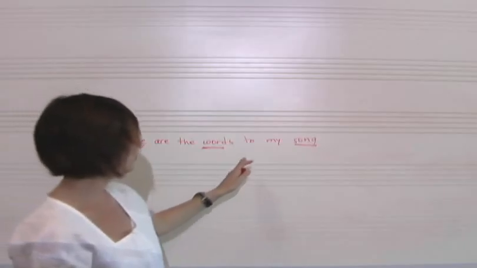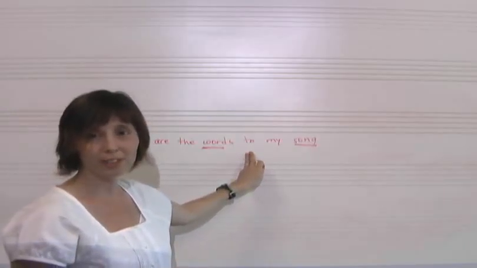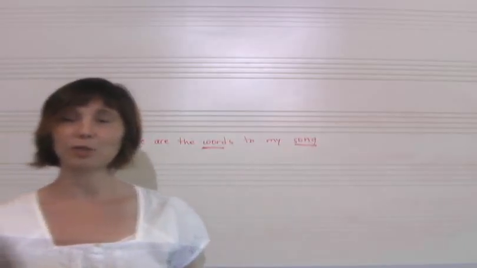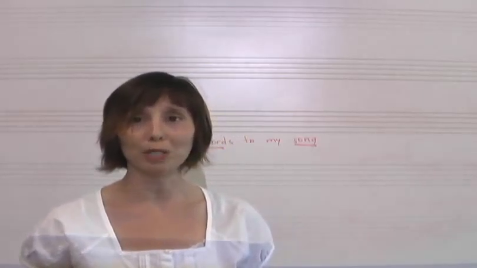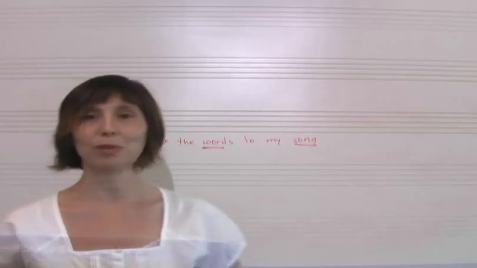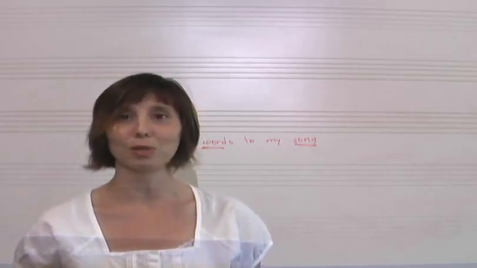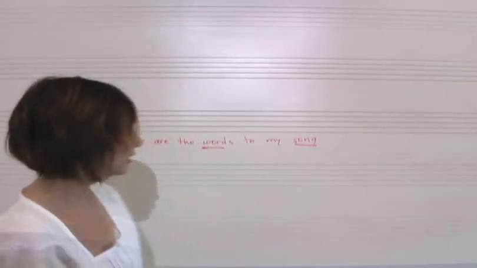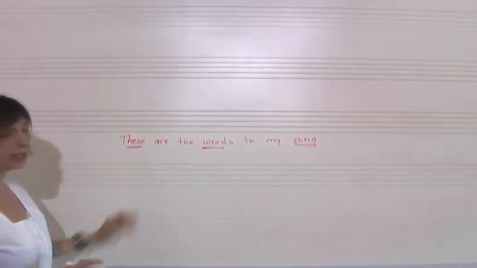I don't want to put "to" on beat 1 or beat 3 because I wouldn't say these are the words to my song. And I don't want to put "are" on beat 1 or beat 3 because I wouldn't say these are the words to my song. Okay, so keeping that in mind,